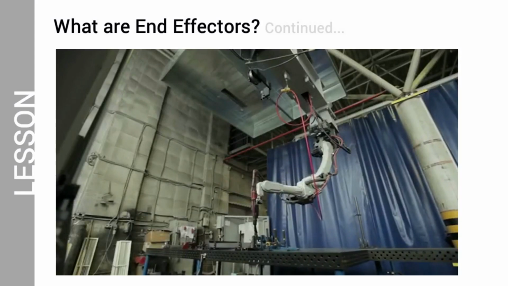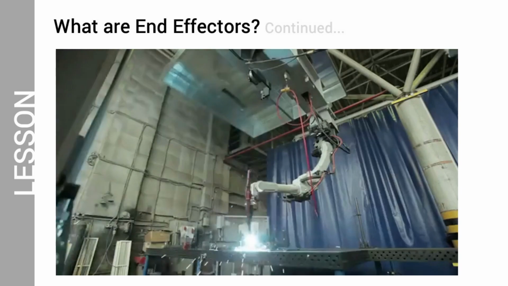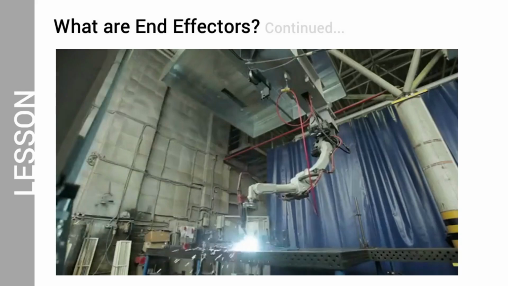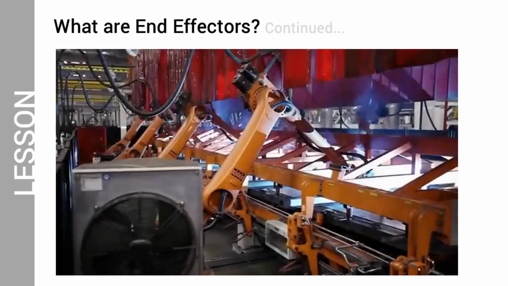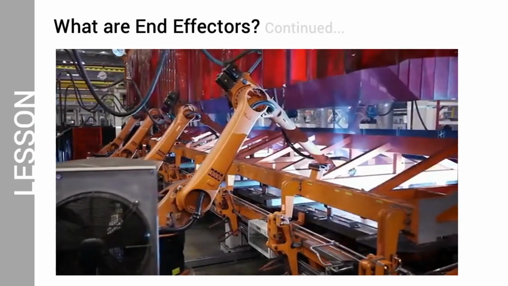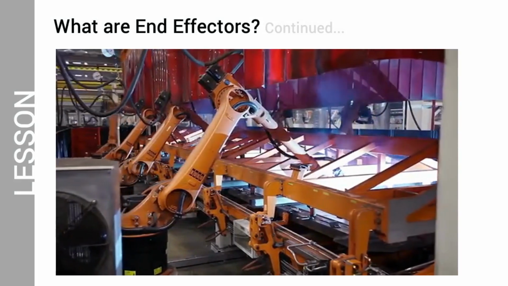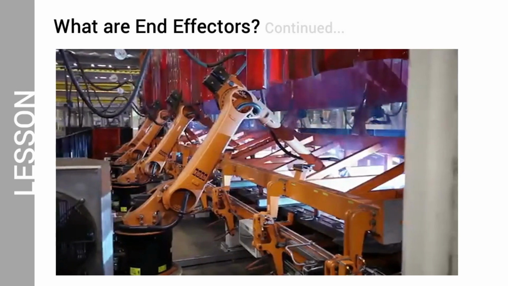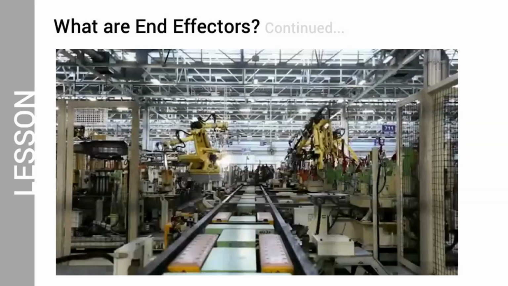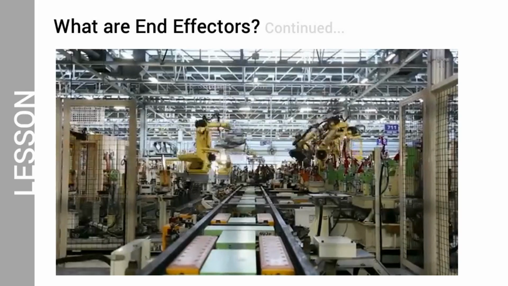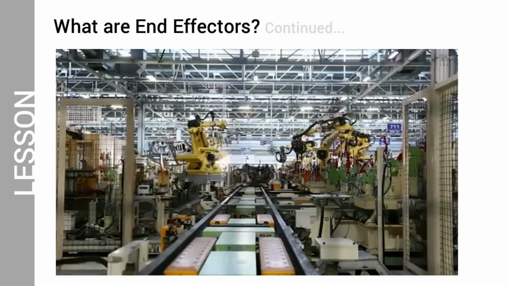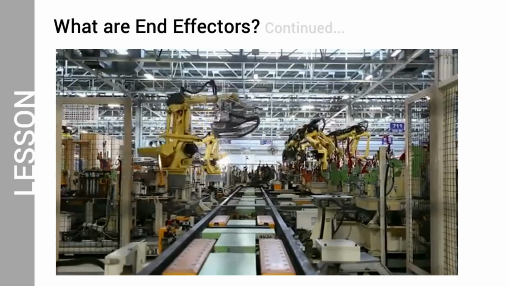An end effector is the device at the end of a robotic arm, like one of these that you see here. Oftentimes, end effectors consist of some kind of tool. For example, these robots have welding end effectors that allow them to join metal components in the manufacturing process. End effectors can also be used to grab objects and move them from place to place. Collectively, these end effectors are called grippers and come in many different forms. They include